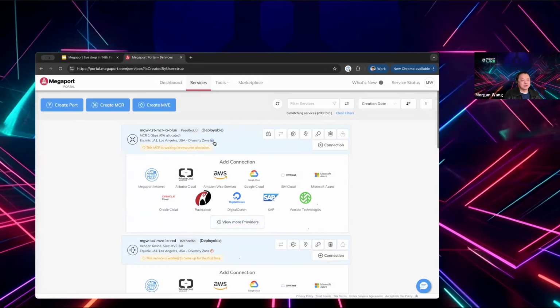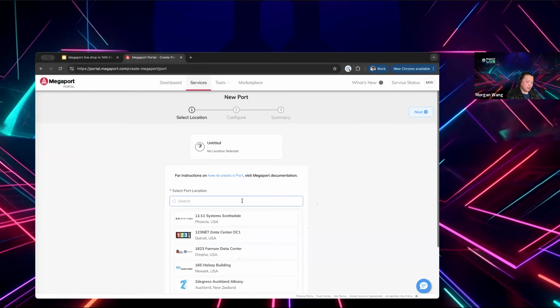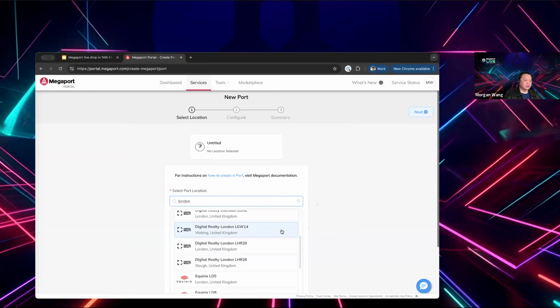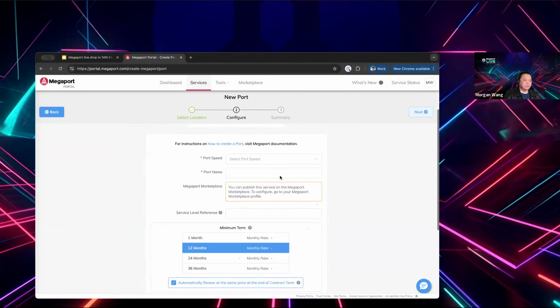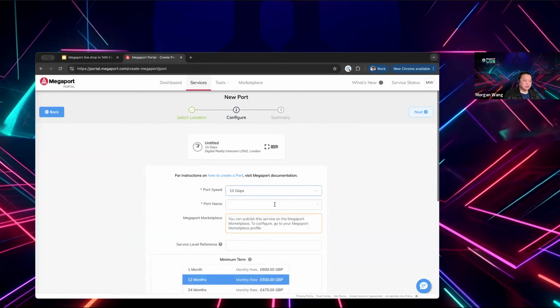In the meantime, even if you don't have a full list of services you want to spin up with Megaport, or you don't have infrastructure as code set up, you can still easily place orders directly through the portal. For example, if I click order, in this case, for the first customer, I want to order a port in London. It's just as easy as choosing your location, choosing your speed, giving it a name,